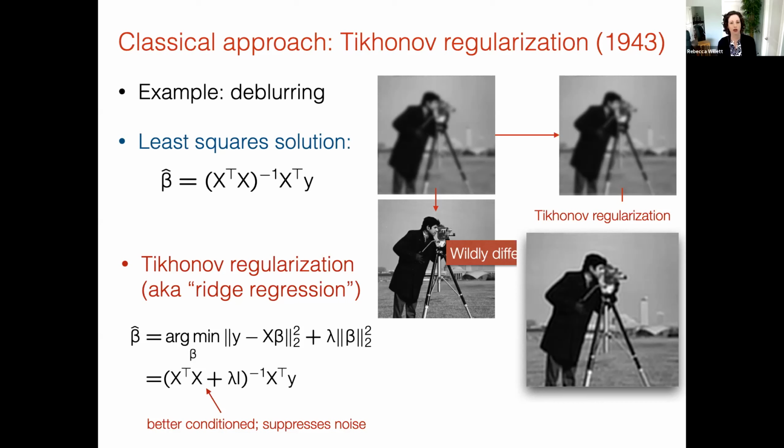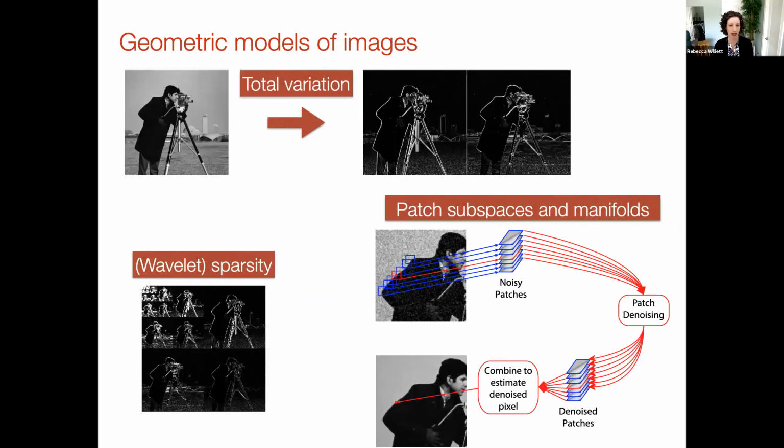So this notion of using regularization, of course, has been explored pretty exhaustively in the intervening time. So methods like total variation regularization, which look at first order pixel differences, wavelet sparsity regularization, or even methods based on subspaces or unions of subspaces or manifolds of patches within images, can all be thought of as different ways of trying to take geometric models of images and use those to promote good solutions to inverse problems.